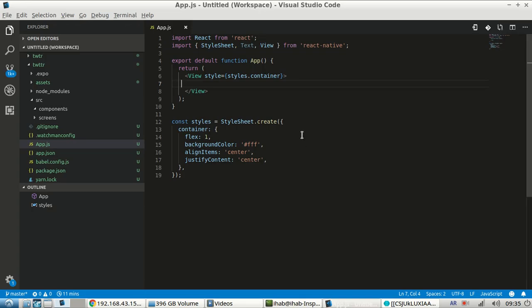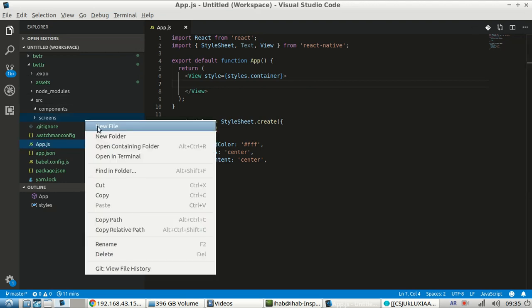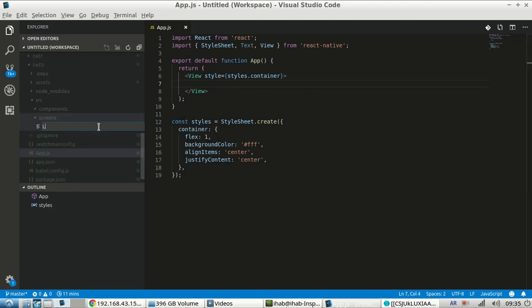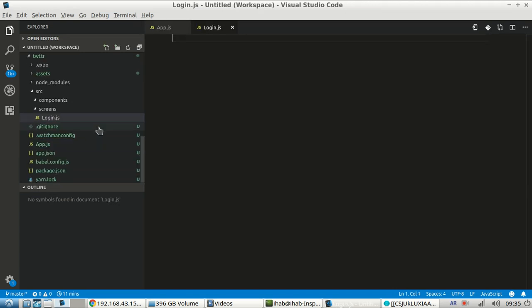And for now, let's just create a page here and call it login. Obviously, that's not how it works. And by the way, we're going to work with functional components, and we're going to use hooks. But for now, we'll see. So this is going to be the login screen. And so we're just going to return,